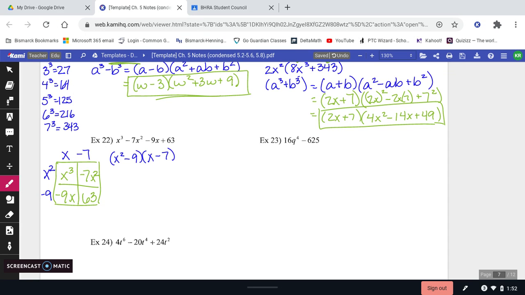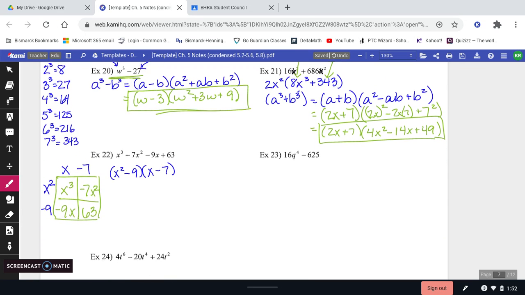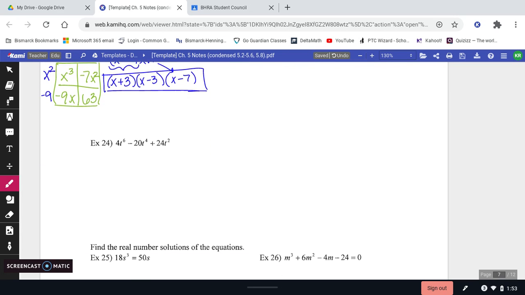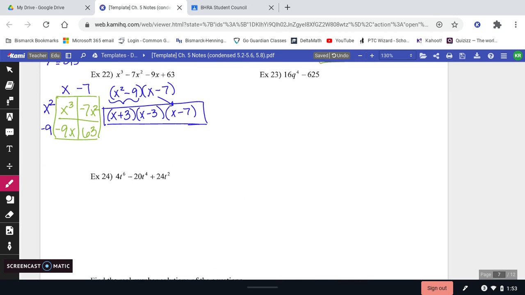However, remember, I think the directions say factor completely. We're not done yet. So look at this, x squared minus 9. Hopefully you recognize that as a difference of squares. So that factors to x plus 3, x minus 3, and then my x minus 7 is going to come down, and there is your factored version. Okay, we have a few more